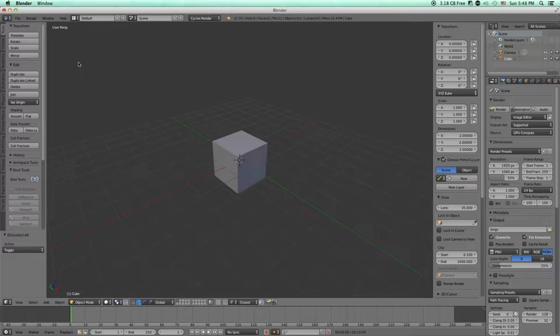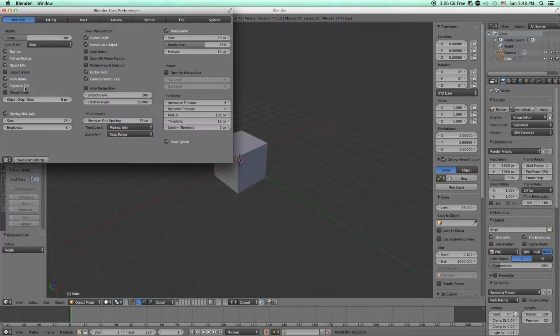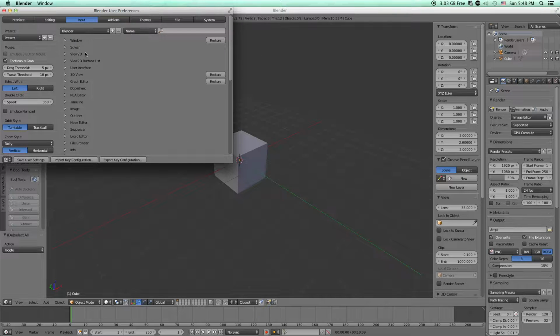First thing you want to do when starting up Blender for the first time is go up to File, User Preference, and Input. By default, it should show right. You want to click left, and your left click is going to be your main click for everything. Be sure to select Save User Settings,